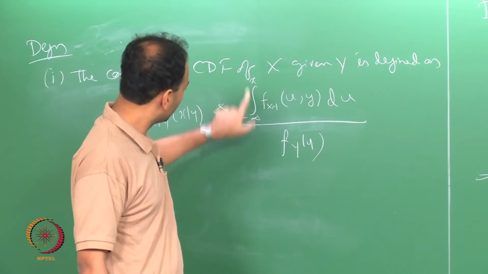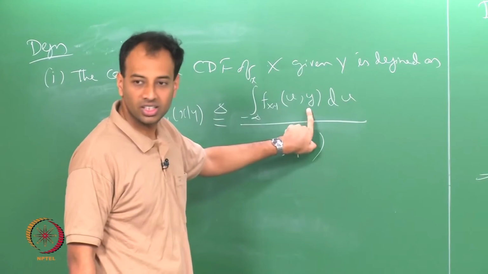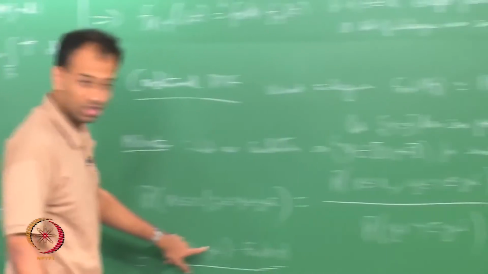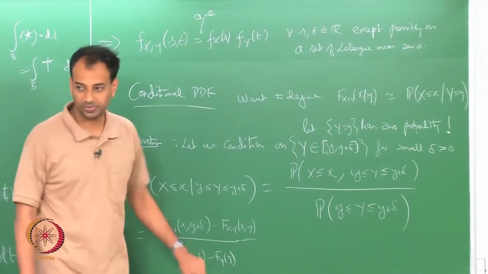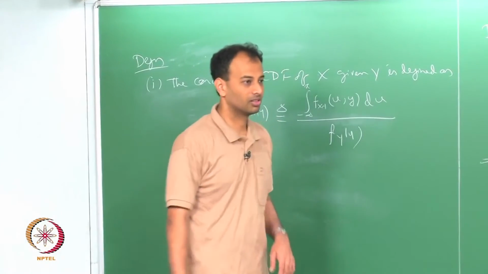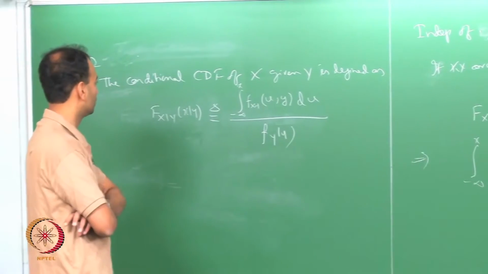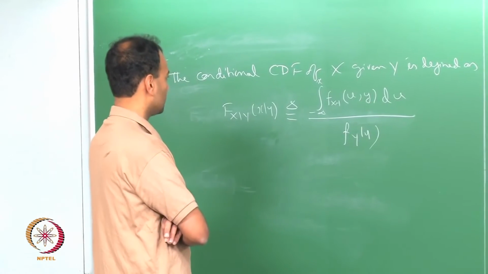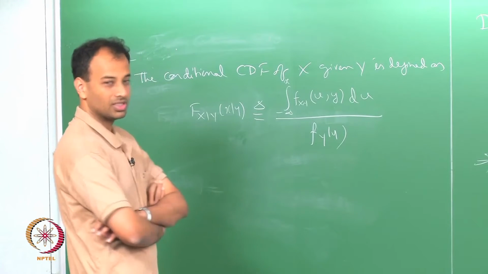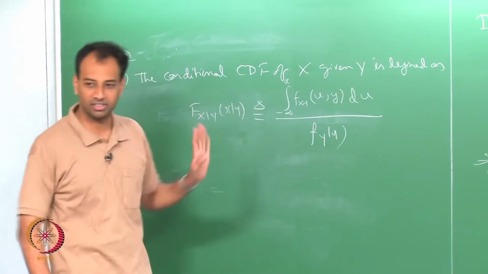You are just integrating over the x variable of the joint density. Okay. And this is exactly what this is, if you send delta to 0, right, that is what this is, correct. Fine, but this is the definition. So, the one approach you can take is that this is my definition and do not ask any further questions,